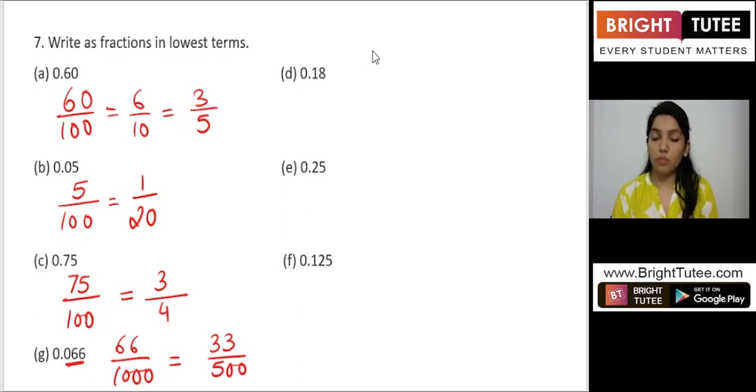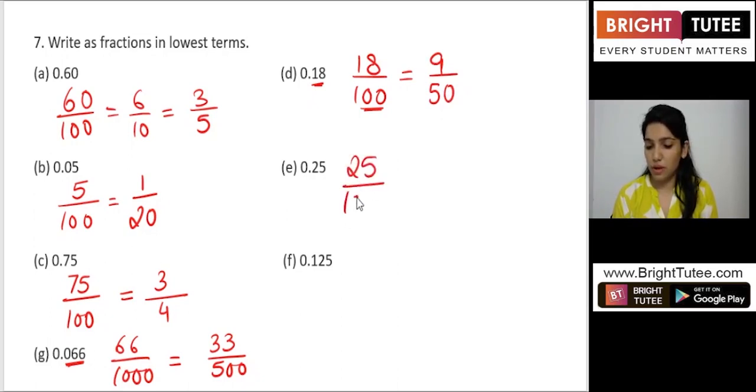Now it is 0.18. What number do you think it will come? It will be 18 over 100. 2 numbers after the decimal point, so 2 zeros at the denominator. Now let's divide both of these numbers by 2. It will be 9 over 50. Okay. Now the next one, it is 25 over 100, as 2 numbers are after the decimal point, so